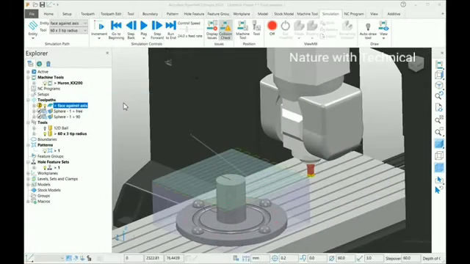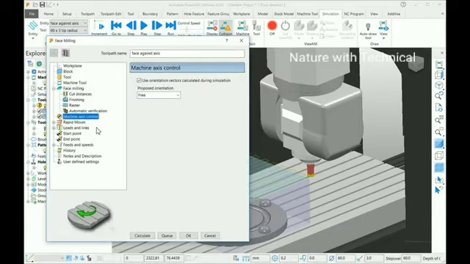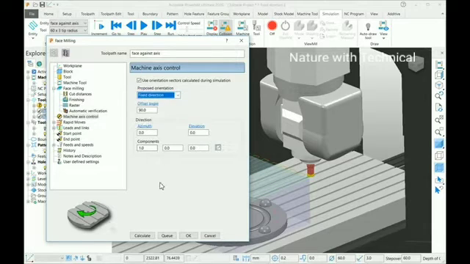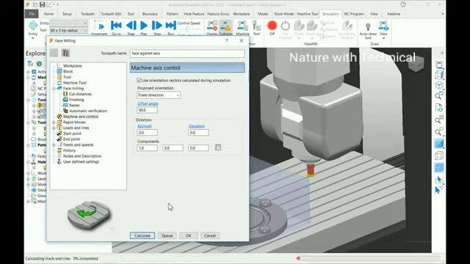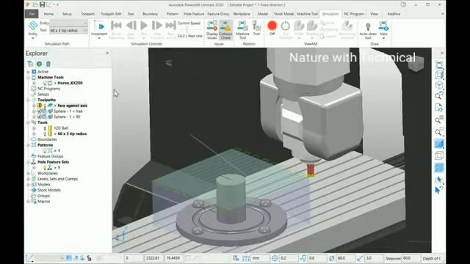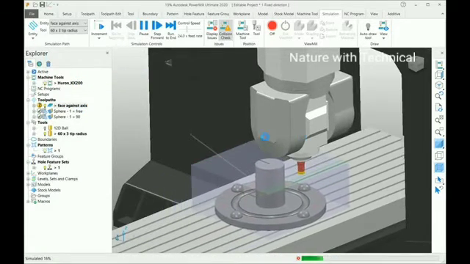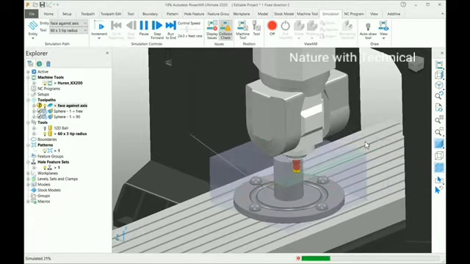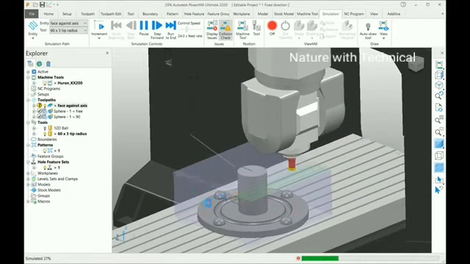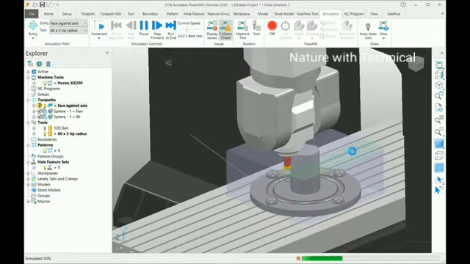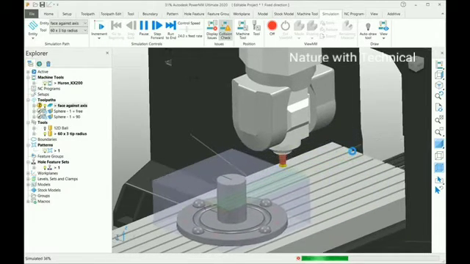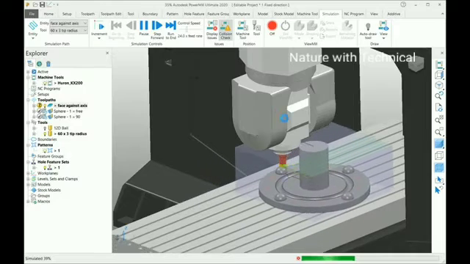Go to the settings page again, refresh my toolpath, go to my machine axis control page. Now I'm using fixed direction as my proposed orientation. Keep my offset angle as 90 degree. If you calculate the toolpath and see the simulation of this, now you can see the B-axis pinion is parallel to the work flow. Also, the tool load is acting perpendicular to the B-axis. So the tool load won't affect that particular axis.